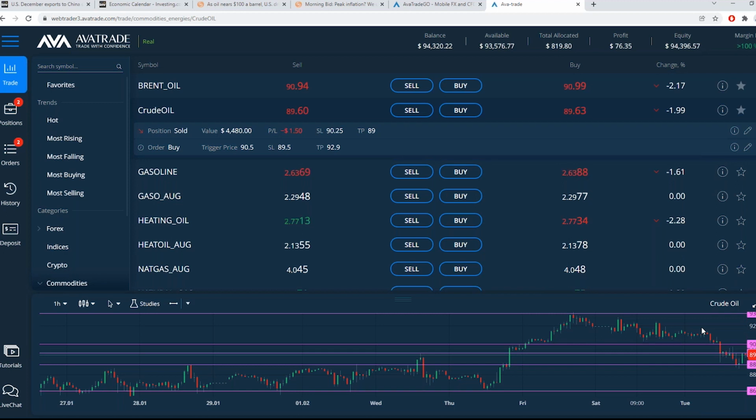I think you'll see maybe some ranging movements continue this evening. Maybe we'll get some headlines that gives us some stronger momentum. But so far today, not a lot of major breakthroughs on the price movements.